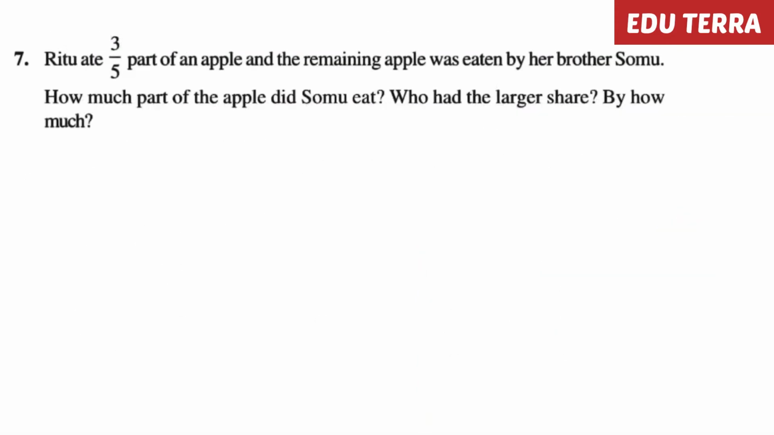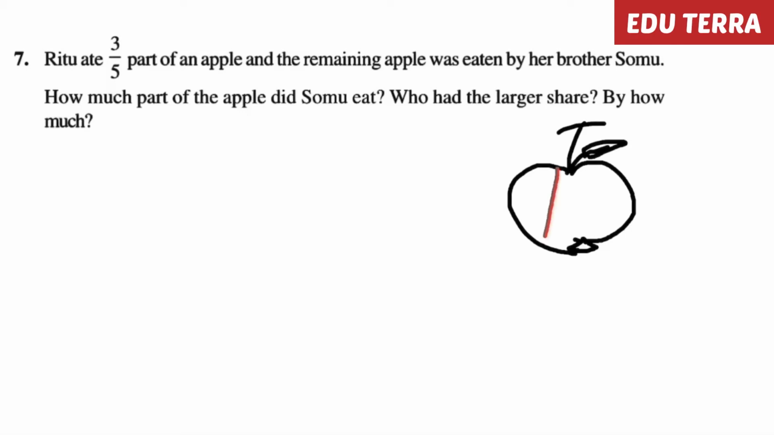Question number 7. Ritu ate 3 by 5 part of an apple and the remaining apple was eaten by her brother Somu. How much part of the apple did Somu eat? Who had the larger share? By how much? There is one apple. Whole means 1. So imagine one apple. Okay, I am making the diagram. The apple and 3 by 5